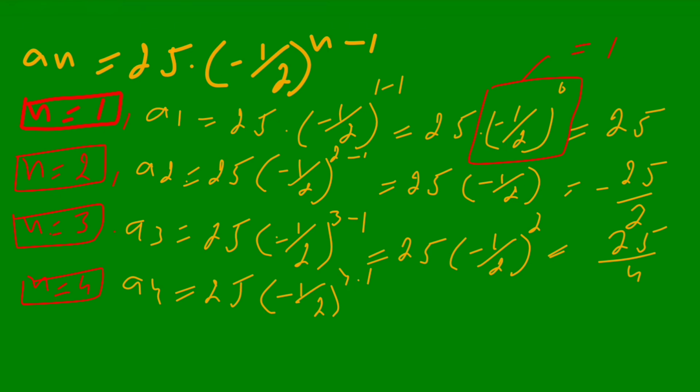So here it is 25 into minus 1 by 2, and the exponent power here is 3, and minus 25 over 8. Minus, how here is minus? Because the power is odd,